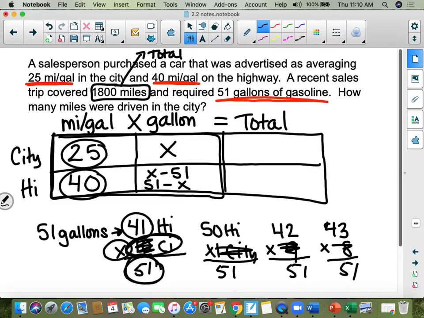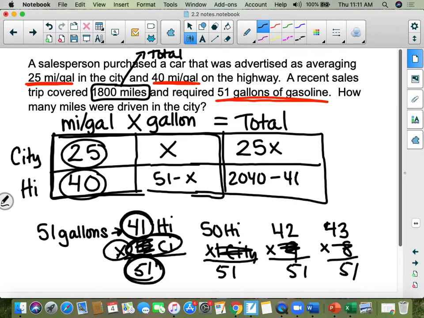If this was 51 and the highway was 41, how would you get 10? What would you have to do to get 10? Would you have to go 51 minus that or X minus 51? Well, if you're in college algebra, you should know that it's 51 minus X, because if you do it the opposite way, you're going to get a negative amount of gallons, and that doesn't even make sense. Multiply across, you get 25X. Multiply across using the distributive property,